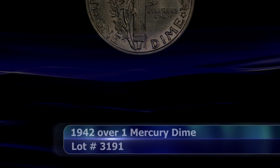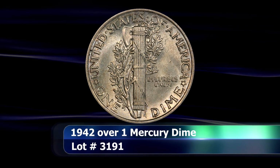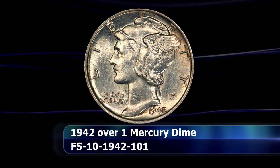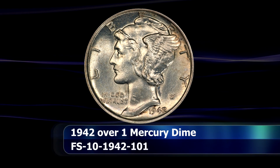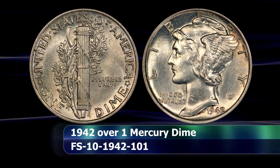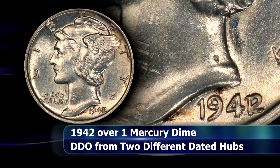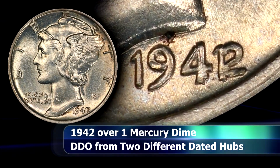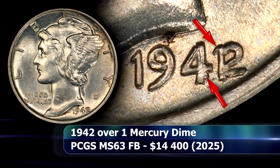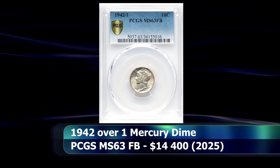$9,900. The first few decades of the 20th century saw quite a number of prominent overdate varieties coming from the US Mint, much to the positive delight of the numismatic community. These include the 1918/7 Standing Liberty Quarter and the Buffalo Nickel from the same date, but few of these can compete with the 1942/1 Mercury Dime in terms of just how brazenly the 2/1 overdate displays on the coin, although technically this is a double-die obverse variety, affected by using two different dated working hubs, although the net effect certainly remains the same. This example was graded by PCGS with a grade of MS63 with full bands to achieve a closing price of